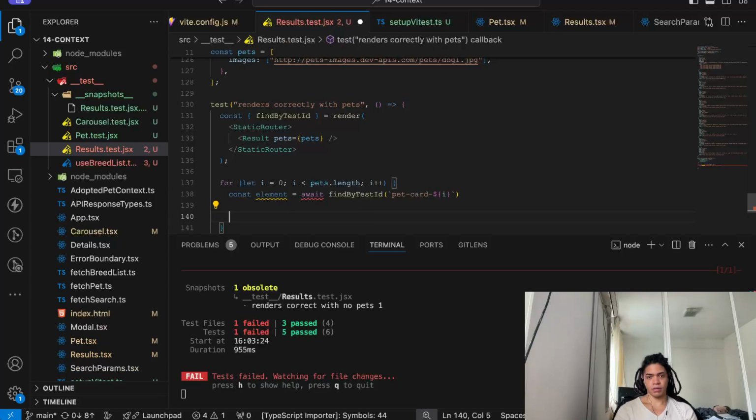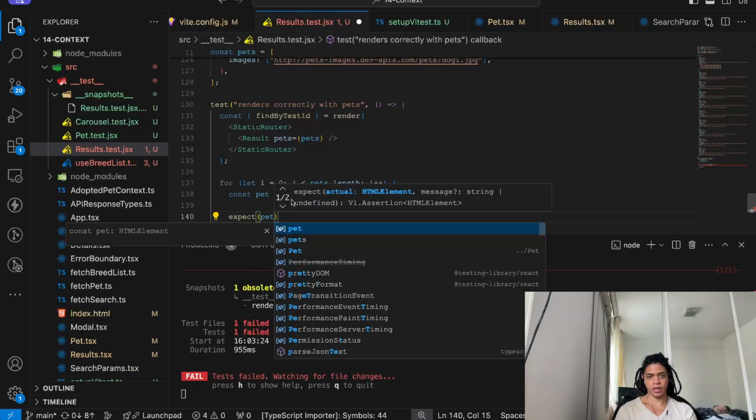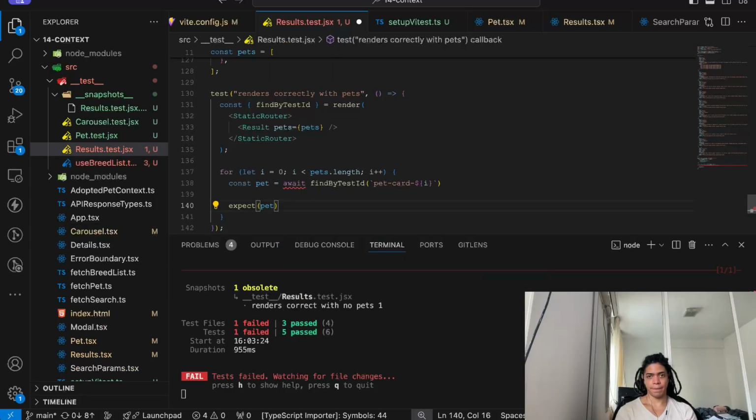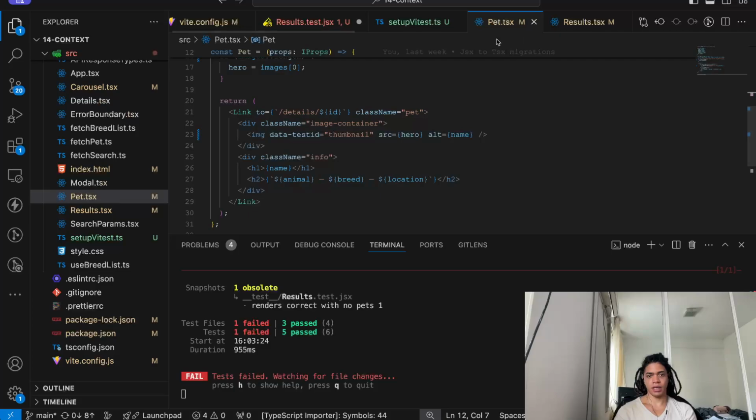And see if the pet here is going to make our assertion. Hey, does the pet, which is an actual element, does the pet element